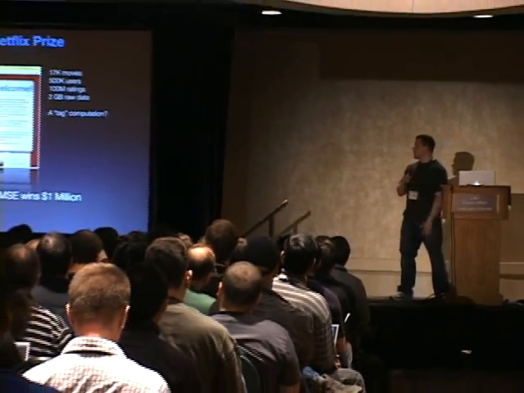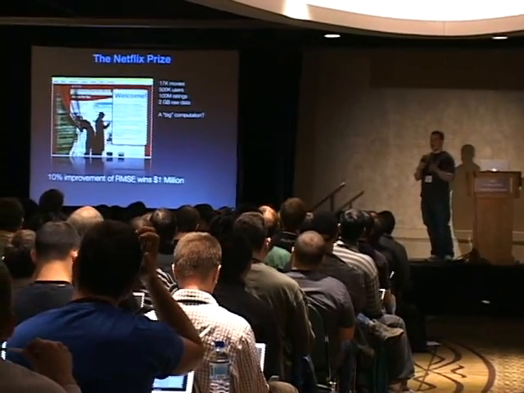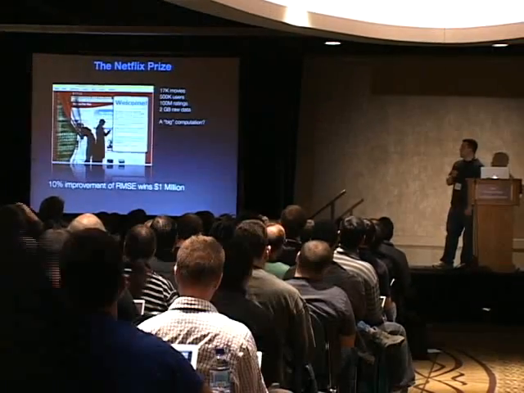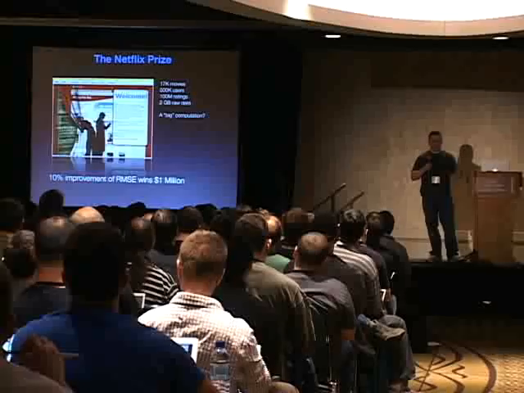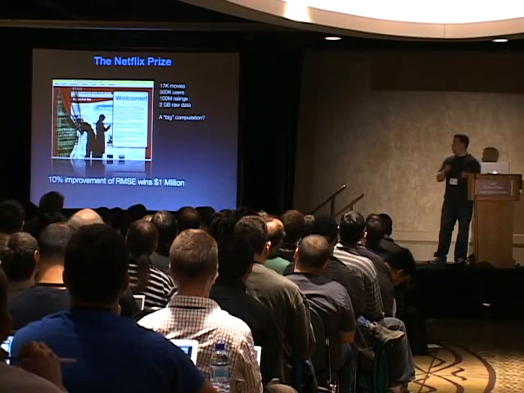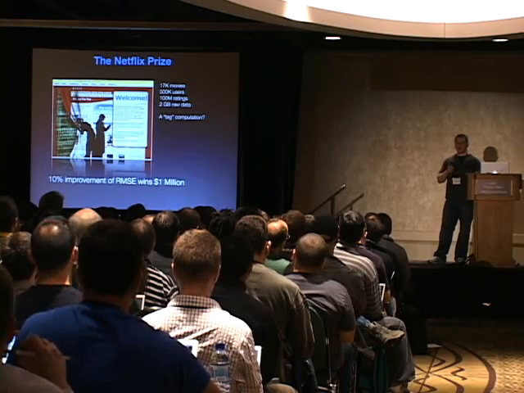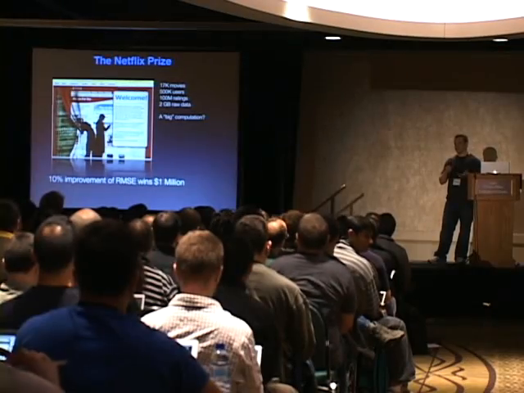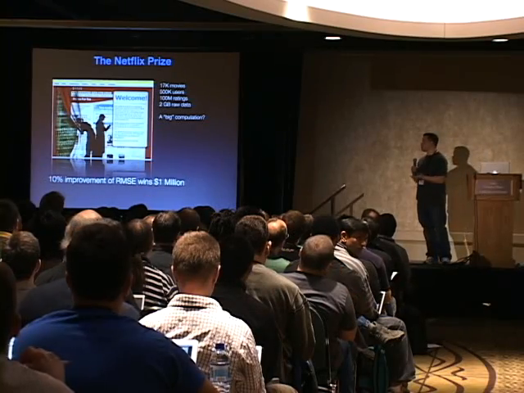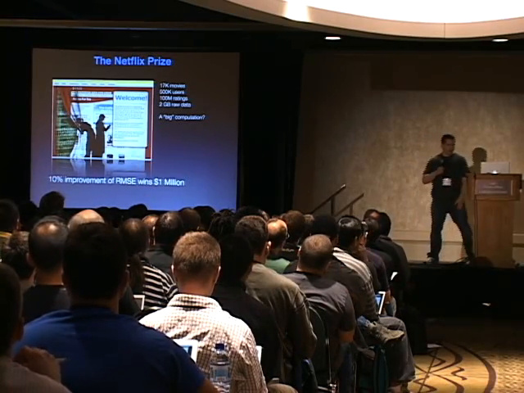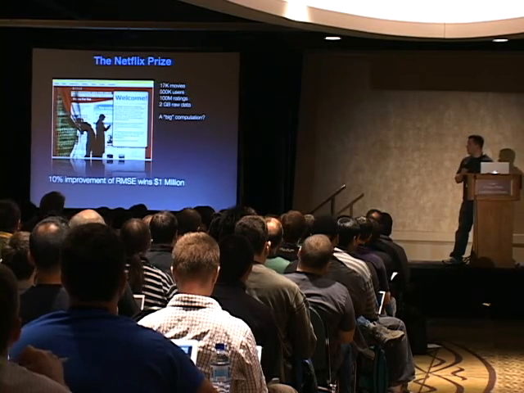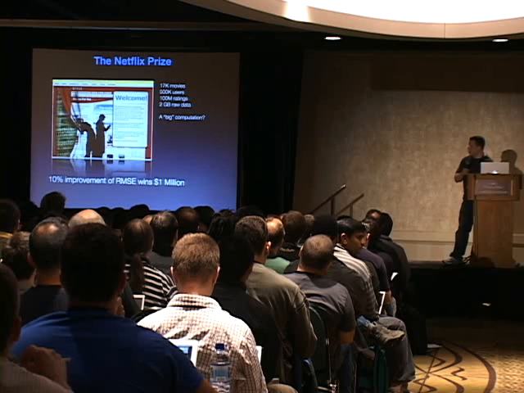So, motivation for this: I'm pretty interested in machine learning and data mining. That's the kind of thing I do. And when the Netflix prize was announced last year, I thought that was a really great idea, and I wanted to start digging into data. I like large data sets and playing around with them. The basic idea, if you haven't heard of it, is that Netflix has a contest where you win $1 million if you improve the accuracy of their movie recommendations by 10%. And they give you a big data dump, and you go to work on it,